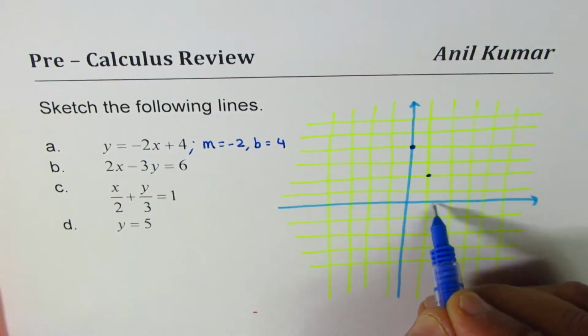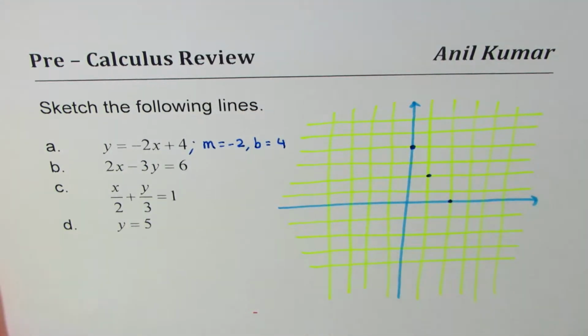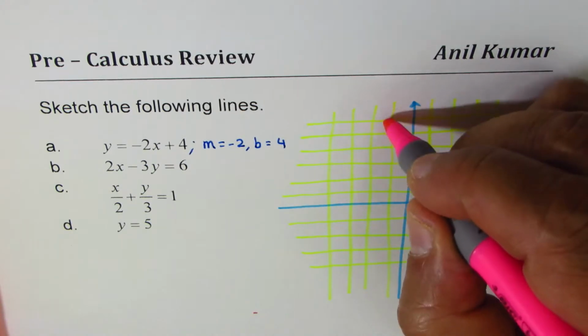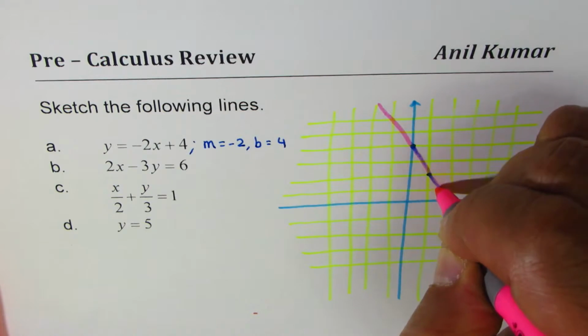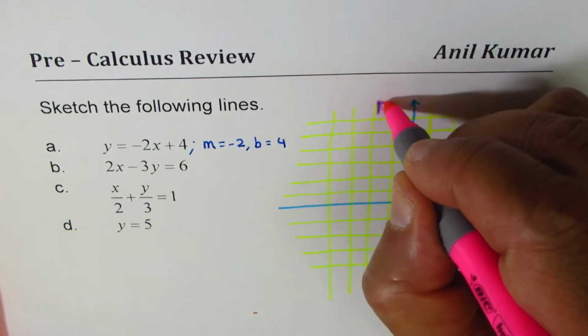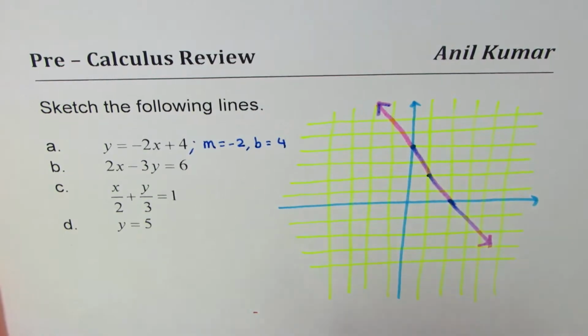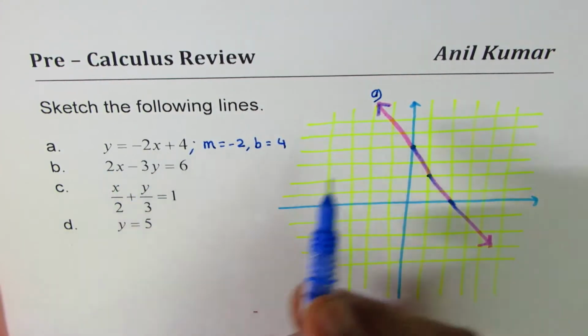So these points should lie on a line, correct? Joining these points, we get our line. I'll just use a rough sketch here since we're doing everything rough. So we can just join these points with a straight line. This becomes part A, which is y equals